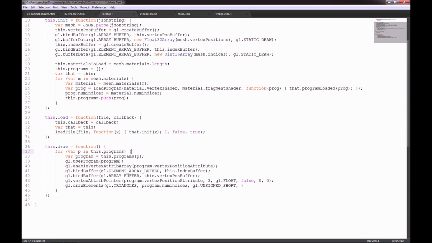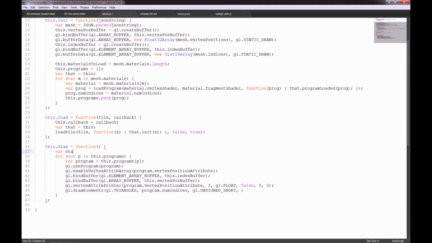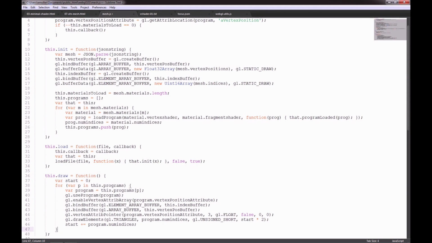So the programs are actually arranged in order, so we're starting on index 0, and we'll increment that every time we draw the triangles for that material, and we can use that as the offset. And we need to specify that in bytes, so we'll multiply it by 2. Okay,